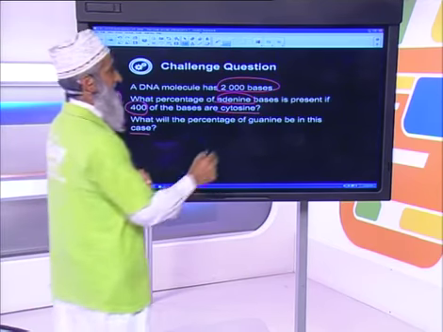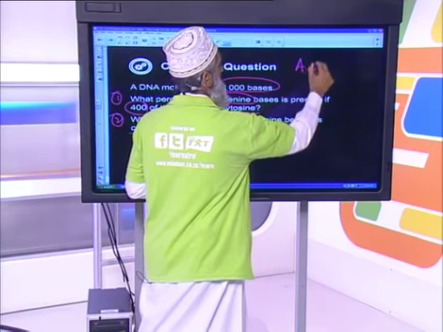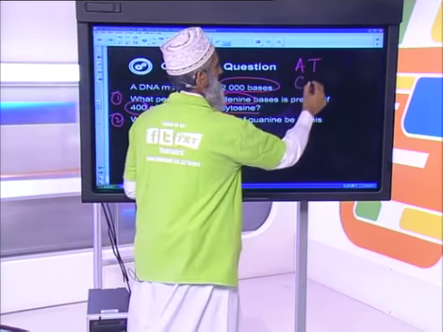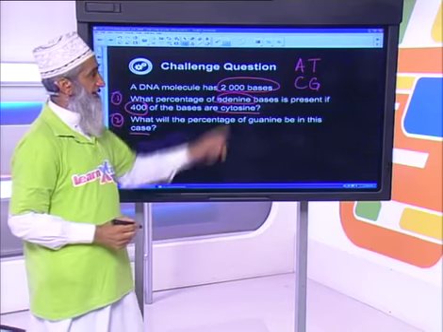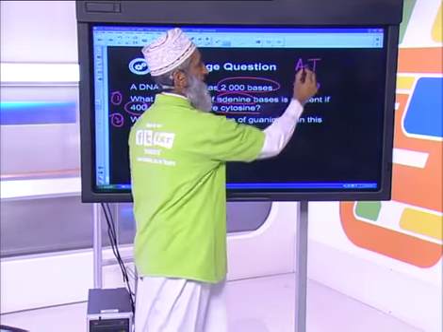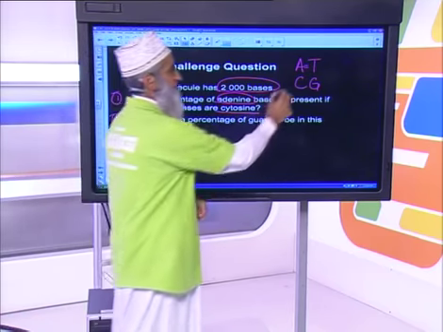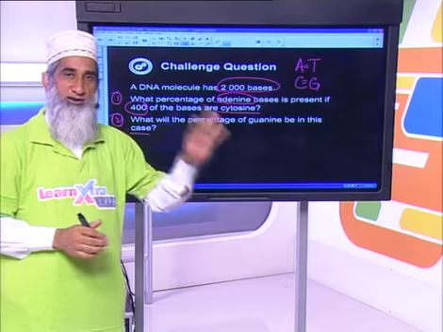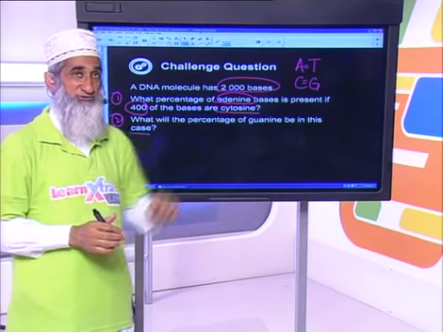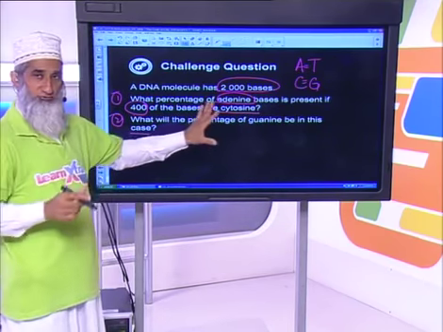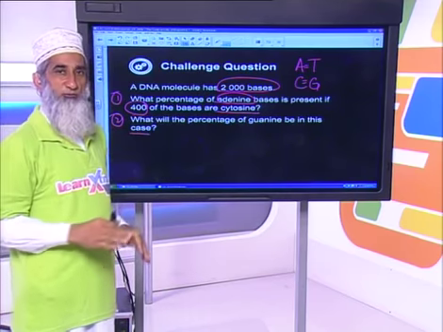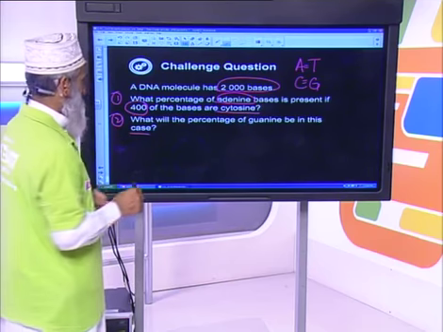Hint: remember, in DNA, the way the nitrogenous bases are combined, we have "at cute girl." Adenine combines with thymine, and cytosine combines with guanine. So we're talking about "at cute girl." That's how you're going to remember that A combines with T and C combines with G in DNA. So you think about that, you answer that question, and try and show working when you're answering the question so it makes sense to you.